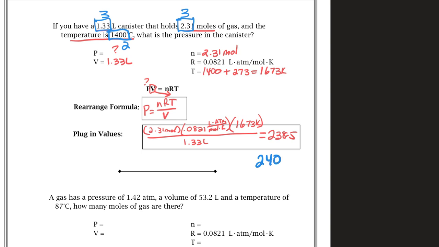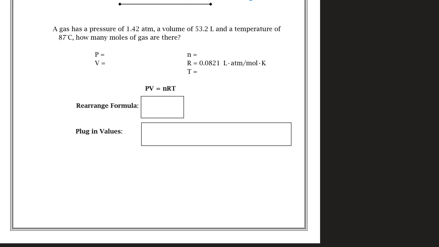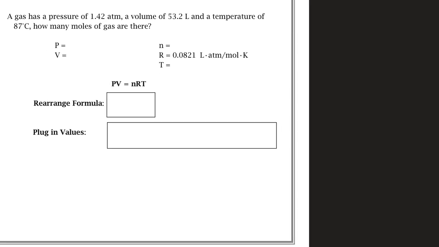Now, if you're not sure about the units, you can also cross off your units and see what you're left with. I have liters here and liters here. I have K there and K there. I have mole and mole, which means my final unit is the only one that's left, and that has to be atmospheres, ATM. Go ahead and try these other 2 problems, and you'll find with the correct number of significant